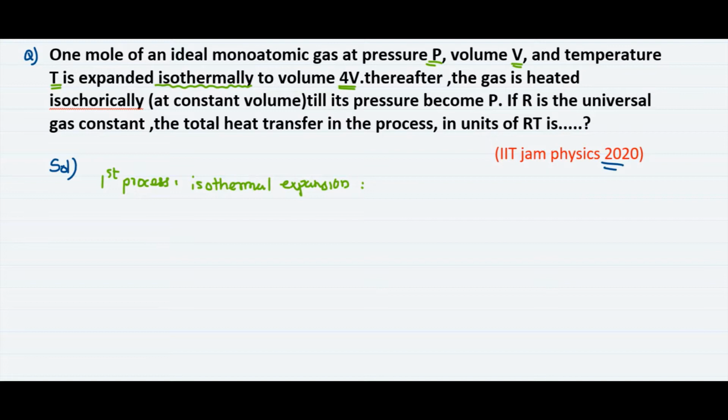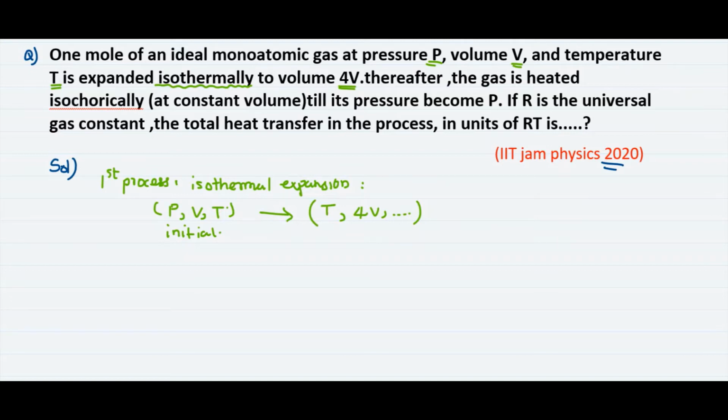So here it is given initially pressure is P and volume is V and T is the temperature. This is the initial condition. Then isothermally, so temperature will not change, so it goes to temperature T and volume also given 4V, but pressure is not given. We don't know the pressure now. We need to calculate that pressure. Okay, so leave this as a blank here.